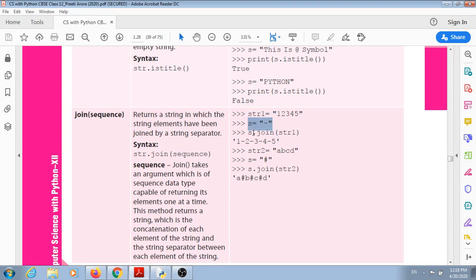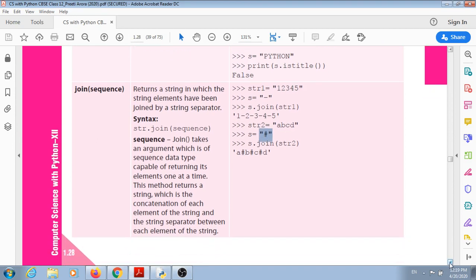Then s dot join str1. So s is joined in the string and these hyphens will be placed between the characters. 1 hyphen 2 hyphen 3 hyphen 4 hyphen 5. Similarly, we can use other characters as well.